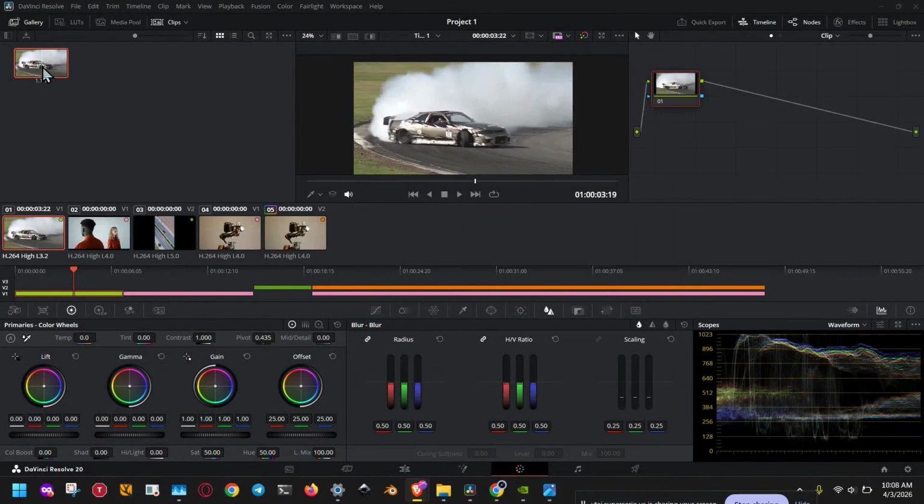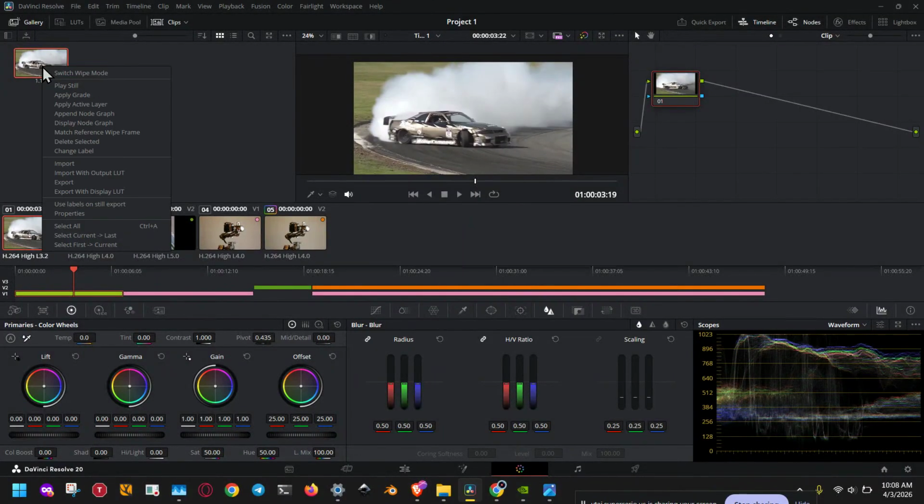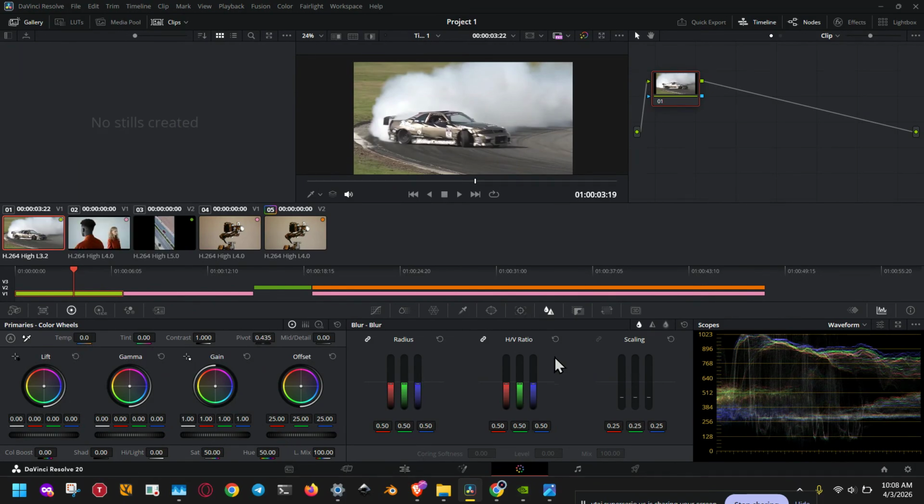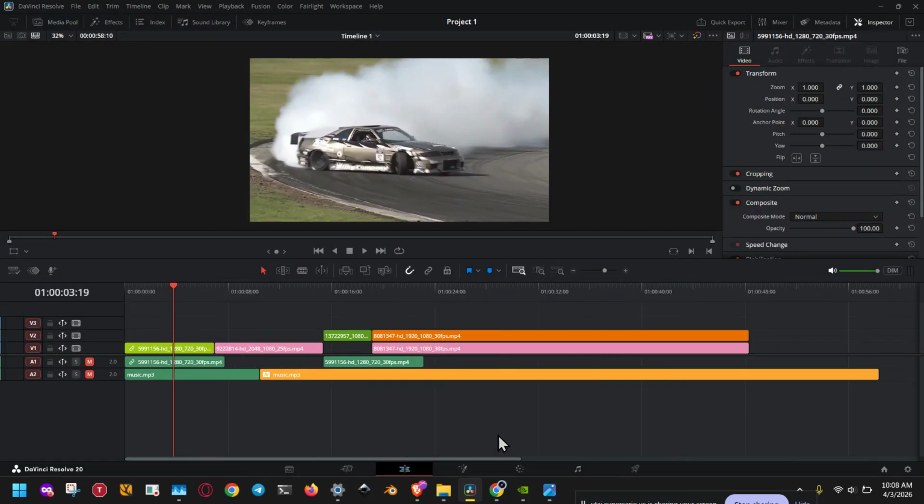If DaVinci Resolve is giving you a critical error when saving a project, don't worry, because in this video, I'm going to show you a simple step-by-step fix that can help you save your work safely and avoid losing progress. This is especially useful if the error is caused by a folder permission problem, a corrupted project file, or even